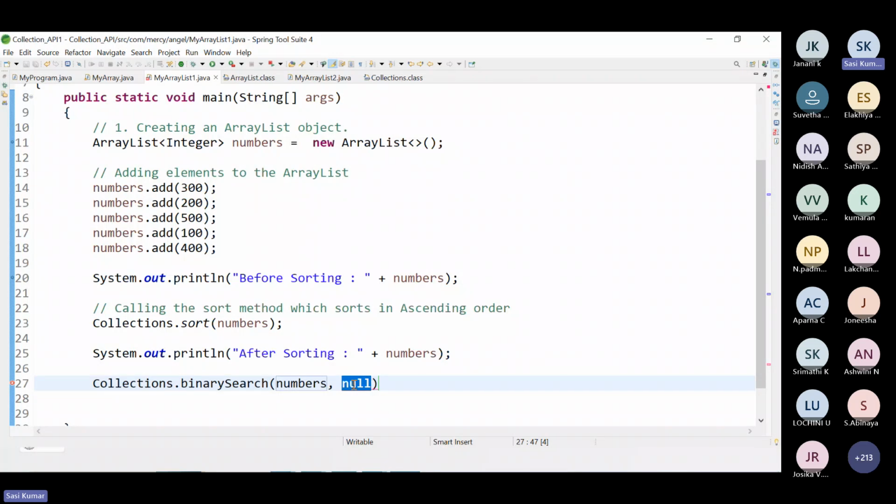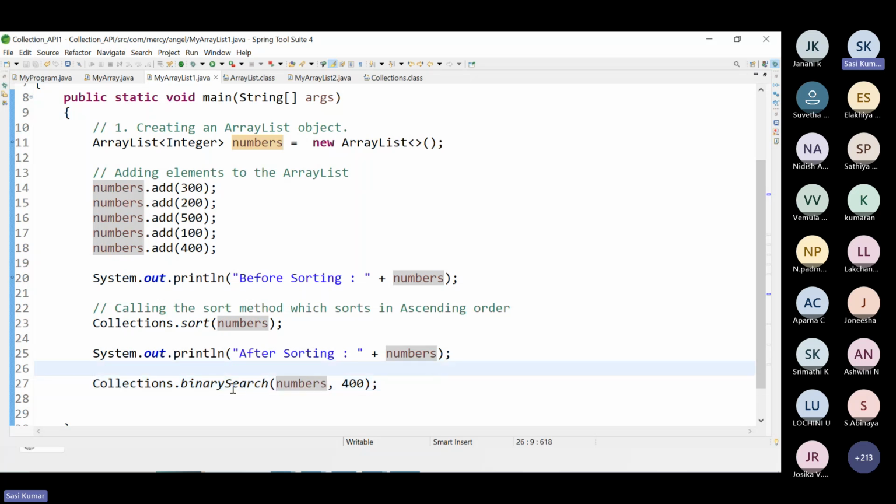What you want to search. I want to search a value, say for example 400. So I want to search 400 inside this array list. Just tell me whether this element is present or not.